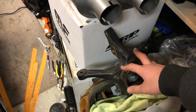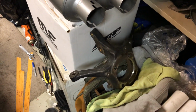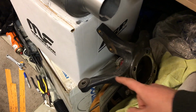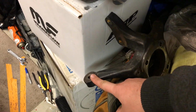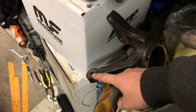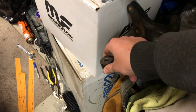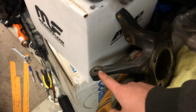So you might see a lot of guys talking about modded knuckles, and what they're basically talking about is right here is the tie rod pickup point. This is the passenger side knuckle. So this is the tie rod pickup point. This is where it pushes and pulls to turn the car. So with it being out this far,